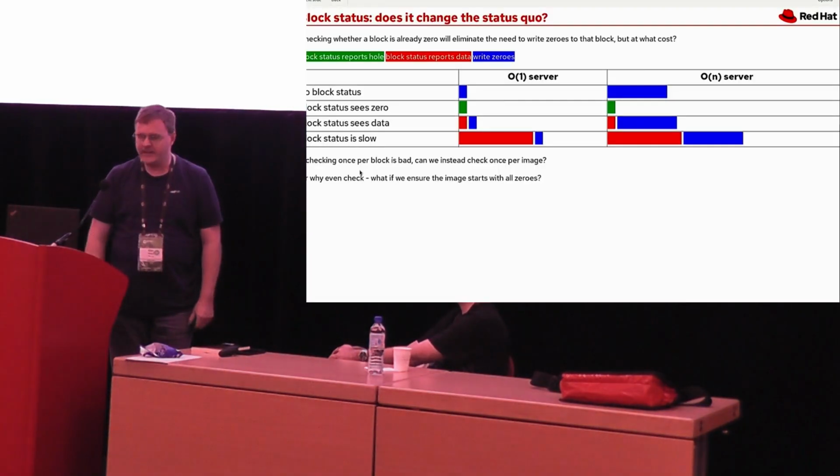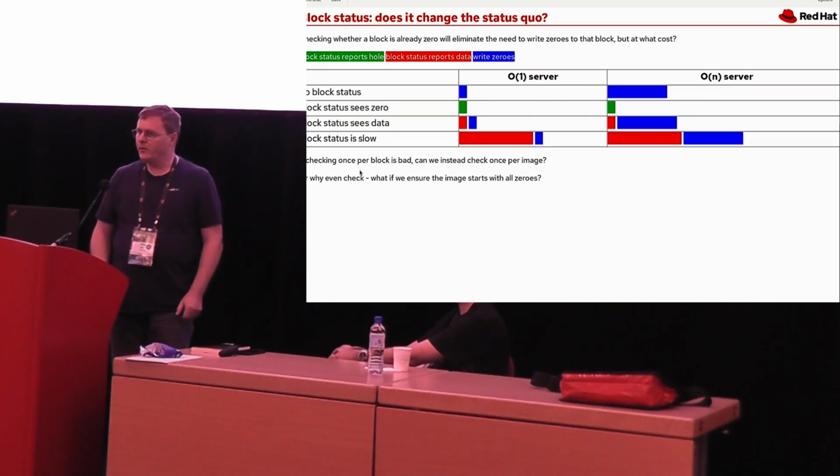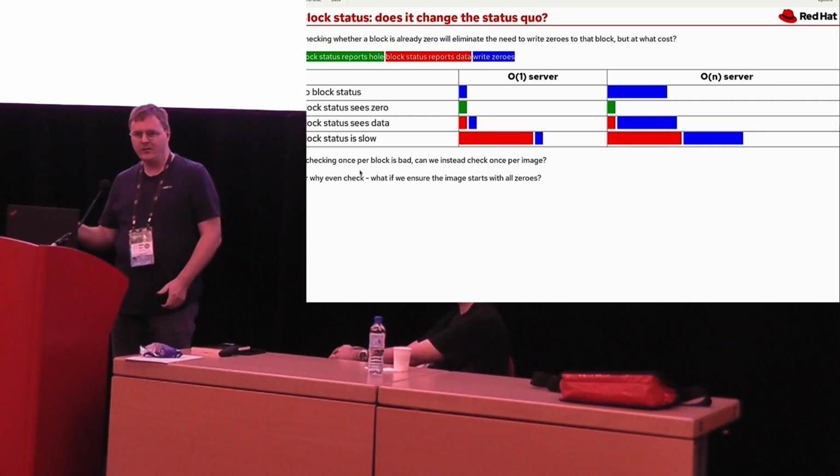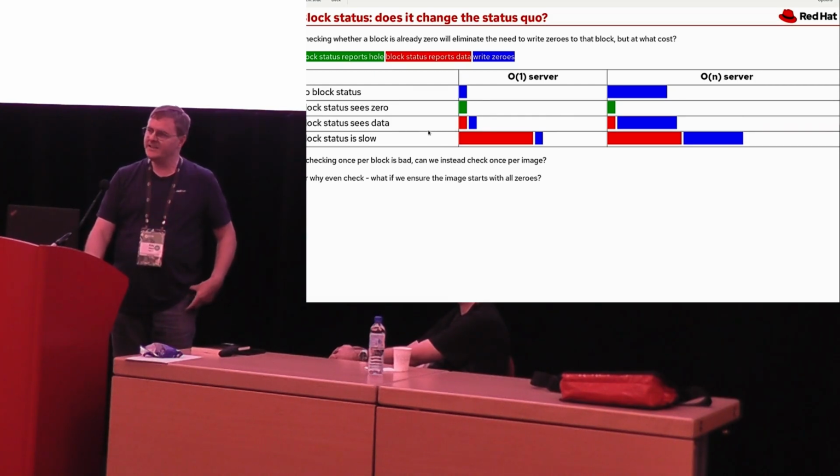We looked at each other and said, can we do better than that? Let's add a block status command. We're going to ask the destination, do you already read zeros? If so, I don't have to write to you. And when the destination was already 0, yay, we're just as fast, or we gained a lot of speed with that slow server. And then we realized, oh, if the data is there and we do have to flush the data out to 0, we just doubled our I/O or added a little bit,